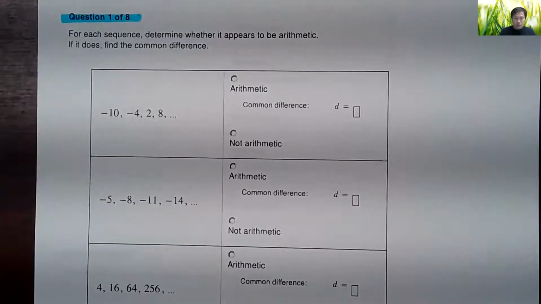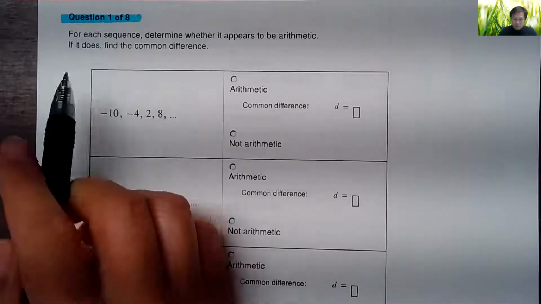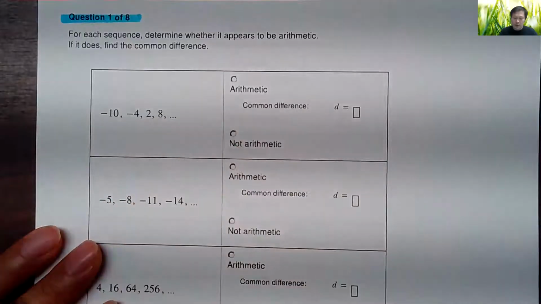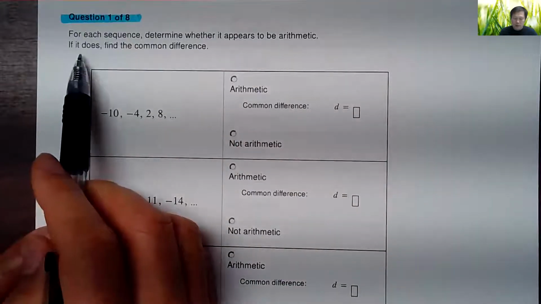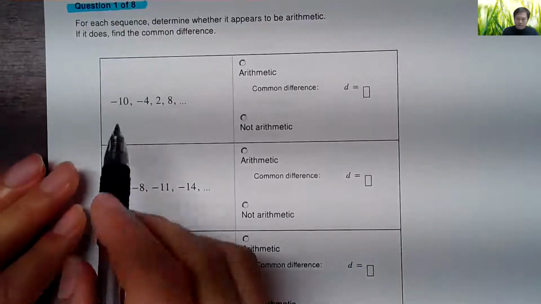First one is given sequence. For each sequence, determine whether it appears to be arithmetic. If it does, find the common difference. So first you have to say yes, arithmetic sequence, or no, it's not arithmetic sequence. If it is arithmetic sequence, then you have to find the common difference. So first example,